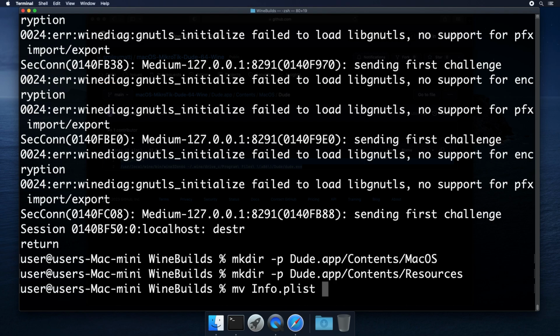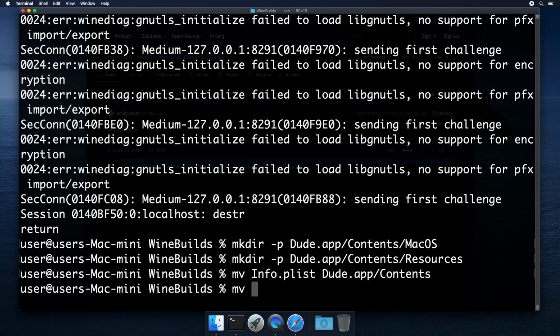So we need to place that Info.plist that we got earlier into Contents. And we need to place the Dude bash script into the MacOS folder.